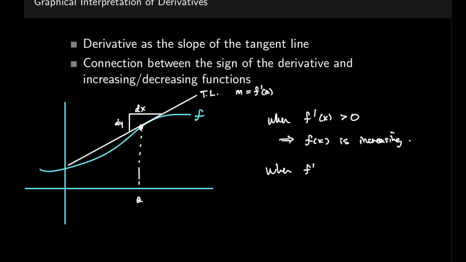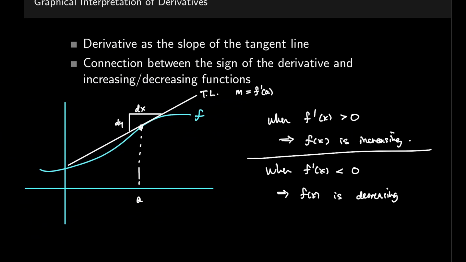And when f prime is likewise negative, this tells us that f of x is decreasing. Okay, so when you see a function f, when it's increasing, like here, you know that f prime is positive. If it were decreasing, it would be negative. And vice versa, if you saw,